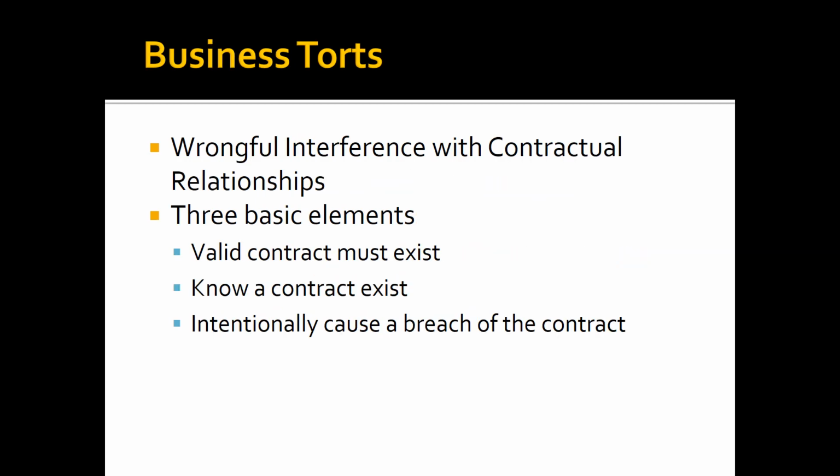Okay, so business torts. Here are some. Now, these are often intentional torts, but here's one. Wrongful interference with a contractual relationship. So Cam Newton went from quarterback at the Panthers to quarterback at the New England Patriots. All right, let's suppose you knew that, and you're the Buffalo Bills. And you say, we really need a quarterback. So let's go to Cam Newton. And let's tell him to break his contract with New England and come play for us.